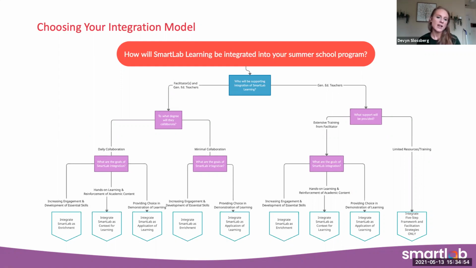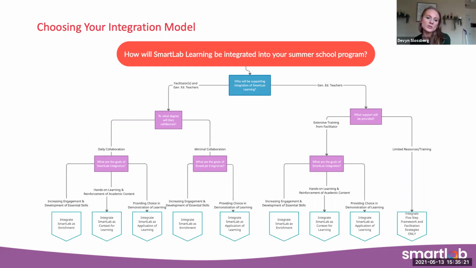If you have daily collaboration, meaning you really get a chance to talk to them often, maybe you get a set amount of planning time. This shouldn't be something that you're doing consistently outside of your planning time. As much as we want to say we are dedicated to the children, don't take as much time outside of that regular teaching time. But if you get to collaborate with them, it says